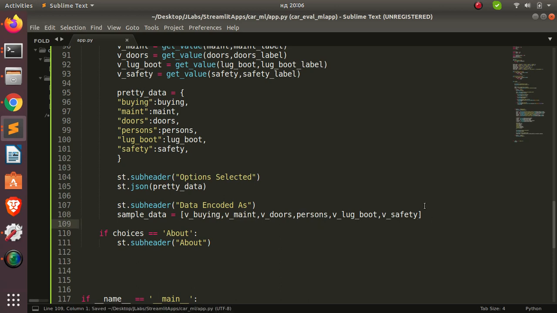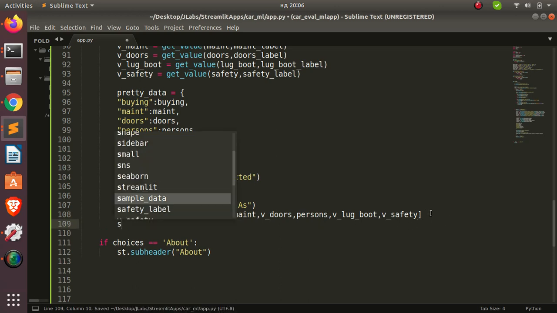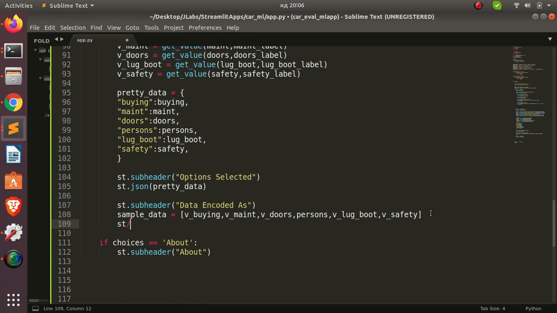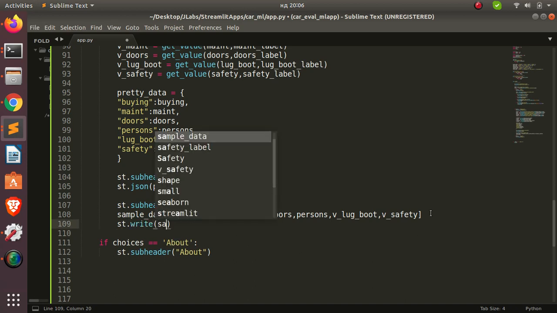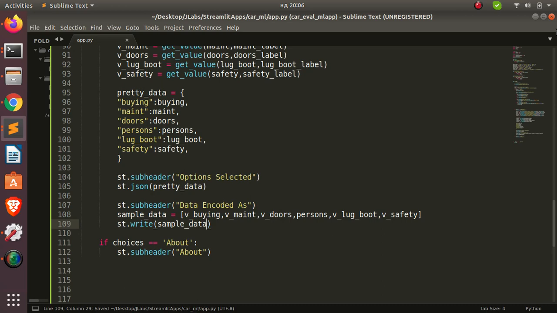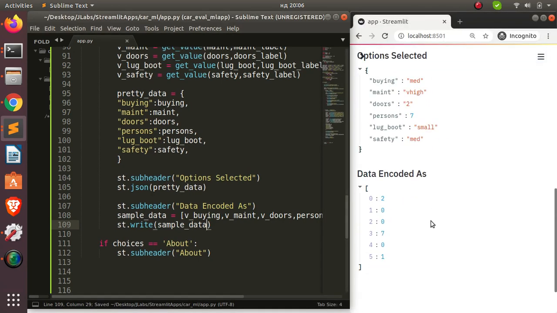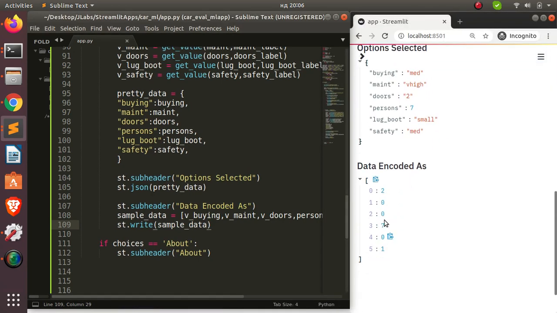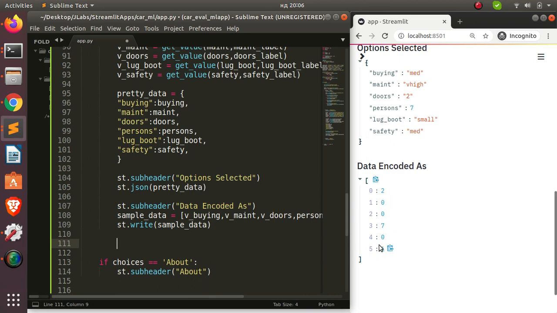Now I can show the user these particular values by going st.write, rather. Now passing these values, which is going to be my sample data. So if I save this one here, consider now these values have been encoded. So this is what will be sent to the ML algorithm for you to understand, right? Perfect. Now that is something very cool, but this is going to be sent as a sample,